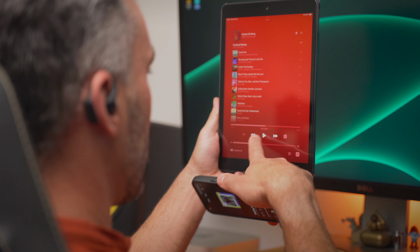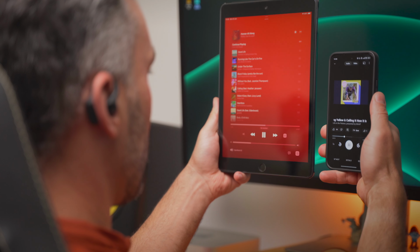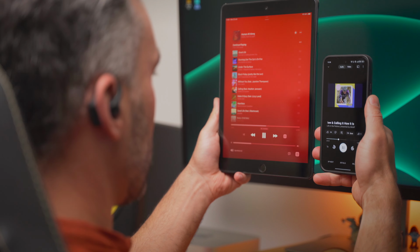But when the multipoint is active and in use, we get automatic audio takeover with both phone calls and media playback. What we will not find is a low latency game mode and the option to switch between devices manually from a list in the smartphone app, both of which are features that some competitors such as EarFun or Soundcore have on offer. And in case you were wondering about the sound quality of the built-in microphones, here's a quick